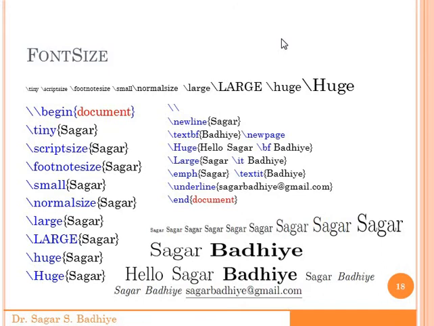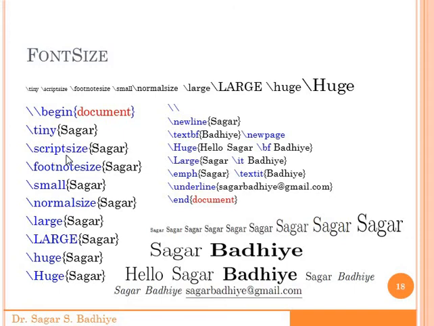The basic formatting for font size is that different text in the document can have different font sizes, for which we have different commands. Within begin document and end document we can use these commands. So \tiny is used for making the smallest, or tiny, size of the text. \tiny within curly braces, whatever you write will be of tiny size. The size will be relative to the document, so the basic normal size will be the normal document size, and tiny will be some proportion lower than the actual size.